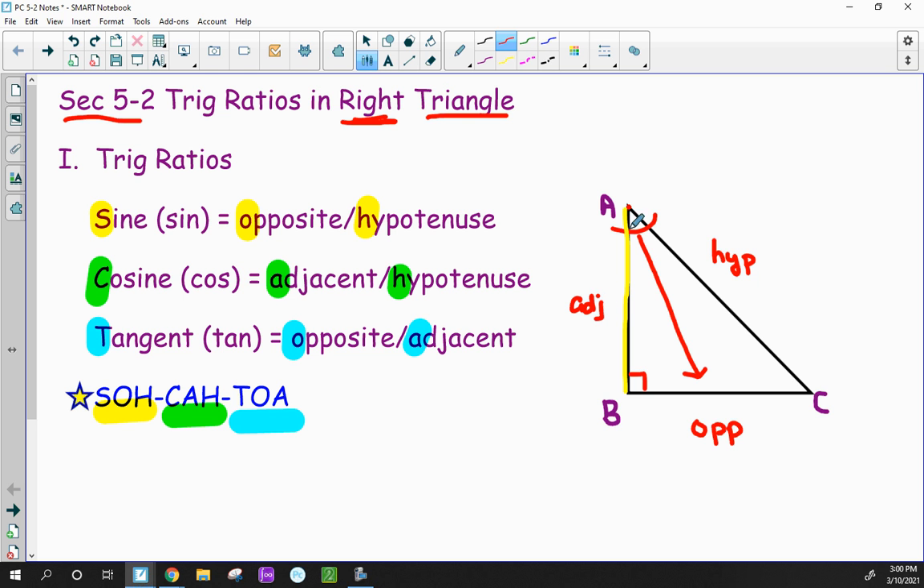Those sides are labeled according to which angle you're looking from. So my suggestion is with every problem you encounter that you really do pay attention to the angle first and then go ahead and fill in the names for each of the sides. And that way you don't make a mistake. If, however,